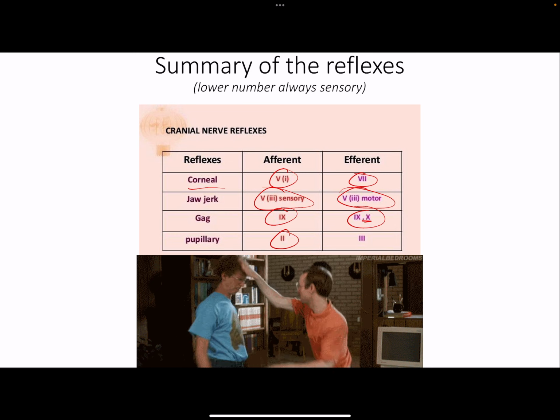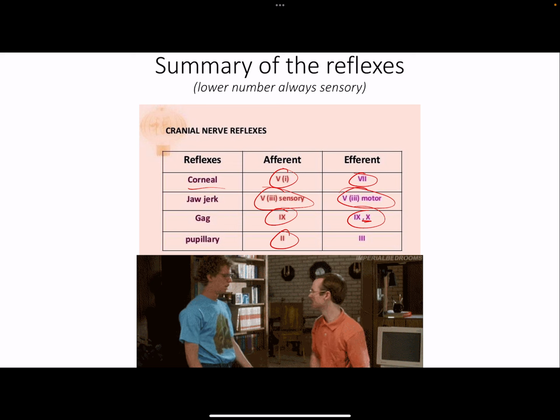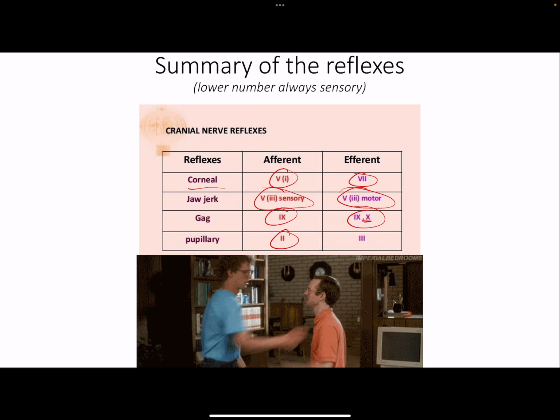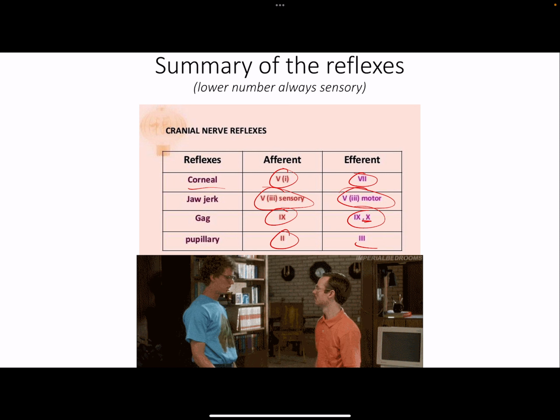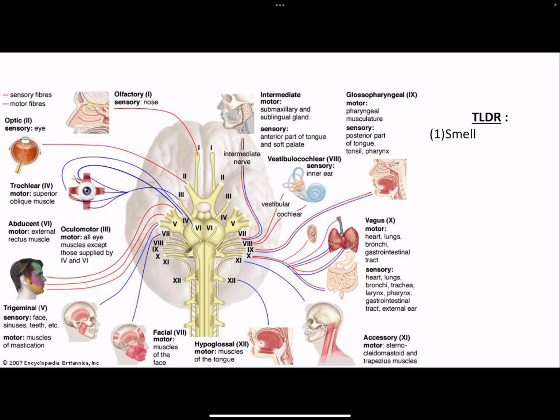And then the pupillary constriction response to light: 2 is going to be the afferent, and 3 is going to be the efferent. So when in doubt, the lower number is always going to be afferent. So just a little summary. I actually think all of that's really high yield, but if you didn't get any of this, 1 is smell,